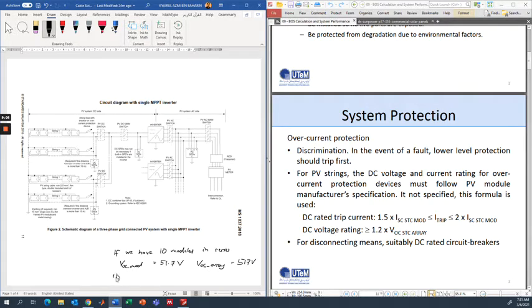So your DC voltage rating must be equal to 1.2 times 517, which is 620.4. This is the minimum. Okay, it's more than that, and that's fine.